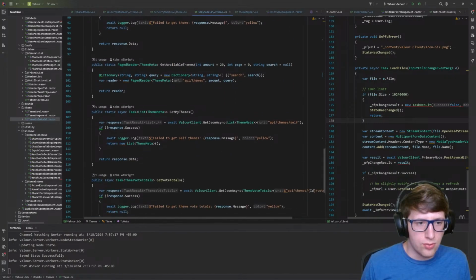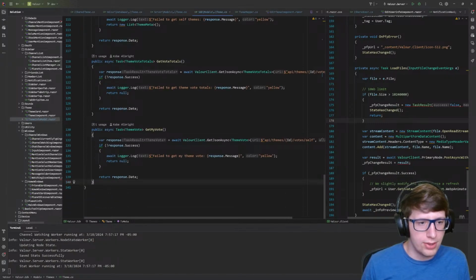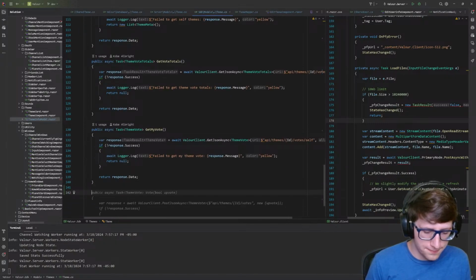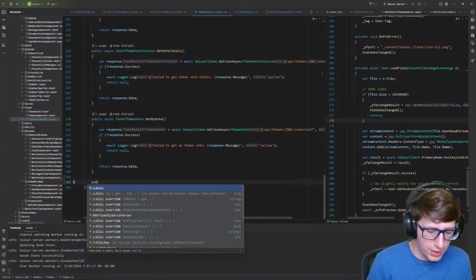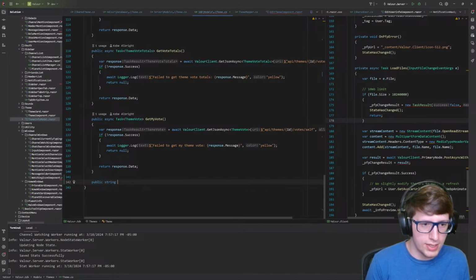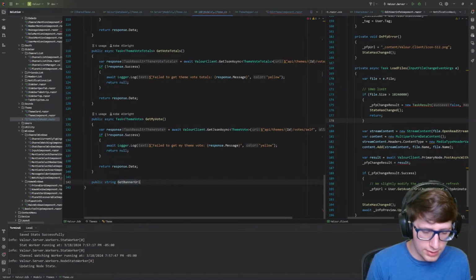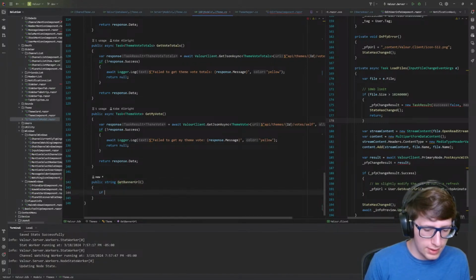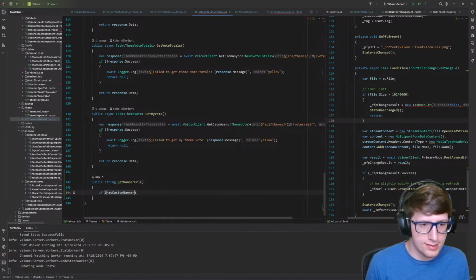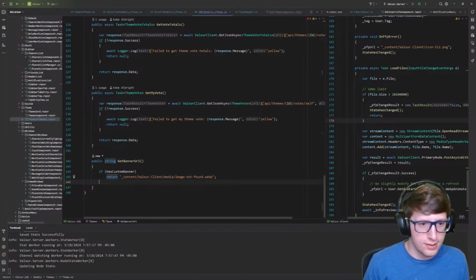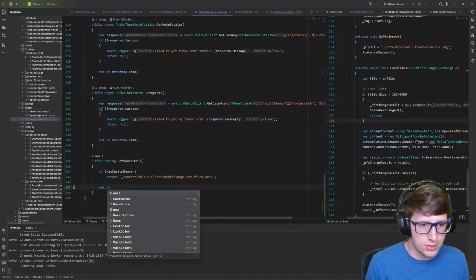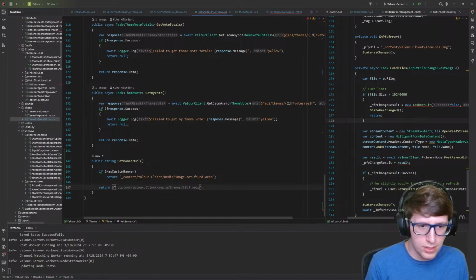I'm going to add a really useful thing here, which is the public string get banner URL. This is going to be really simple, and it's going to be if it has a custom banner, it's going to return this. Otherwise, it's going to return the location, which is going to be